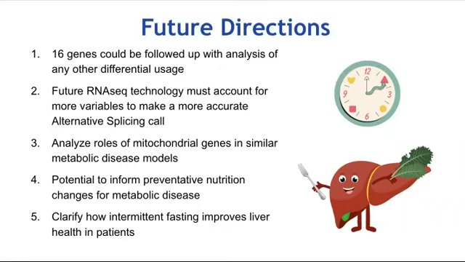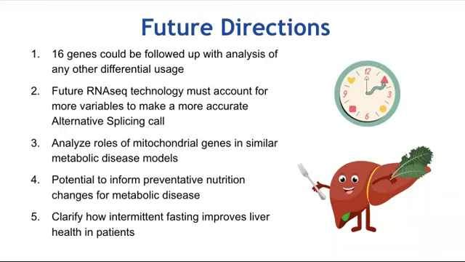Some of the notes I made while doing this research: the livers were harvested at the same time of day following the same fasting regime. So any differences I saw in the maps when I was comparing them could have been due to RNA-seq noise or differences in the background of the mice. I believe that in the future, when we are able to come up with more accurate RNA-seq programs, it could more accurately analyze those gene targets. With the mitochondrial genes that were implicated in disease, I think further research could definitely analyze the role of those mitochondrial genes in similar disease mouse models.